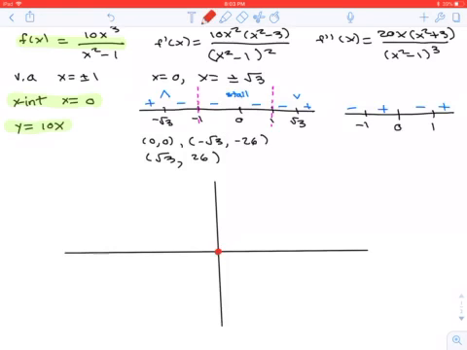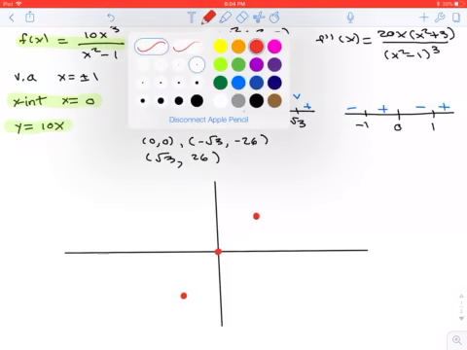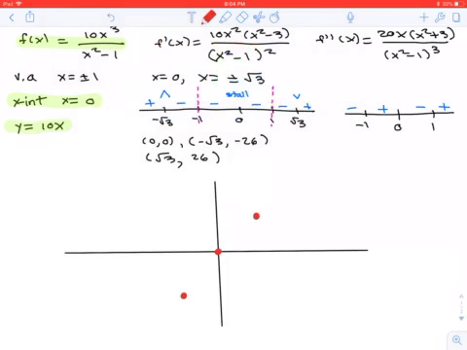So let's see, negative root 3, negative 26, I'm going to say is about here. And then I'm going to say positive root 3, root 26 is maybe, whoa, right? You know what, I'm going to move these in a little bit. Sorry, I just want to have room. So let's say negative root 3, 26 is there, and positive root 3, 26 is there. So I'm going to label those for your benefit. You are welcome. So we got that, and we got